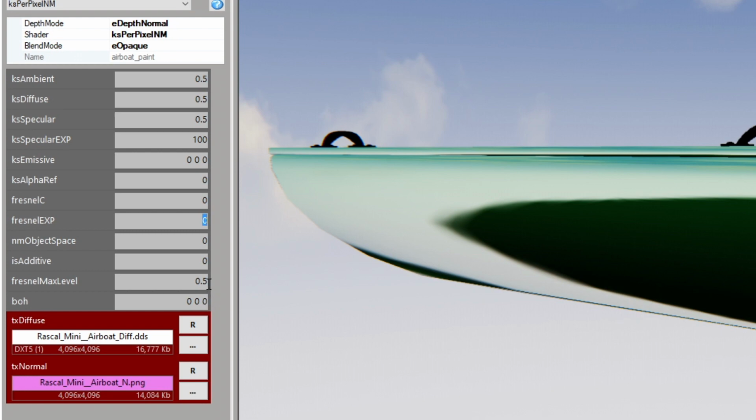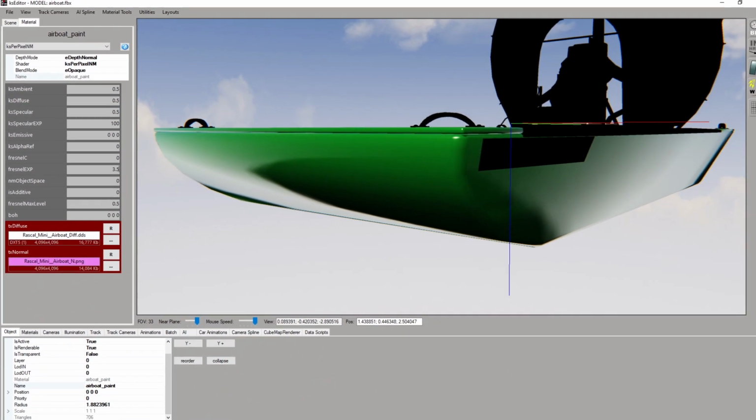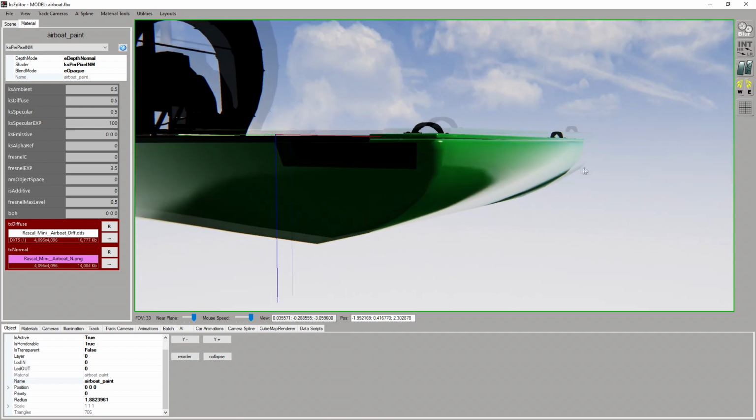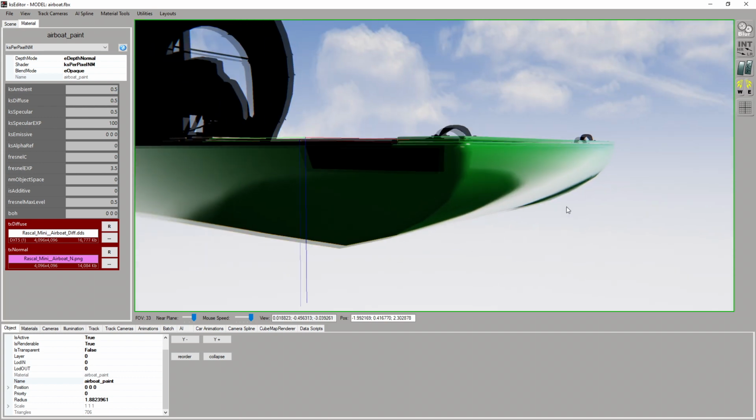So it kind of changes the way that you're looking at it. So we're going to make this around what the recommended option is, which is around 3.5. And you can see that immediately makes it look a little bit better because it's not shiny all around,